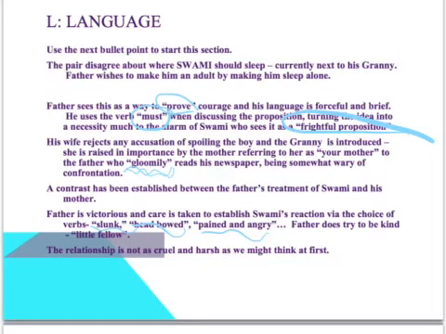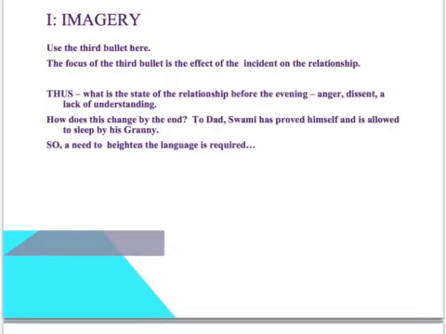He addresses Swami here as little fellow. He does, from time to time, show hints that he is sympathetic and trying to encourage his son rather than just bullying him. And we have to wonder whether underlying this relationship is a sense that it is not as cruel and harsh as it first appears, and that might become useful as the essay develops.